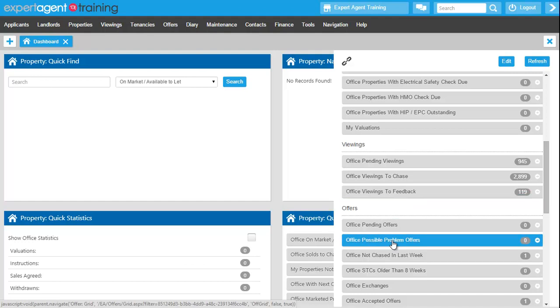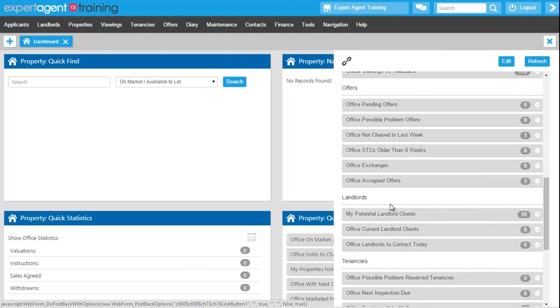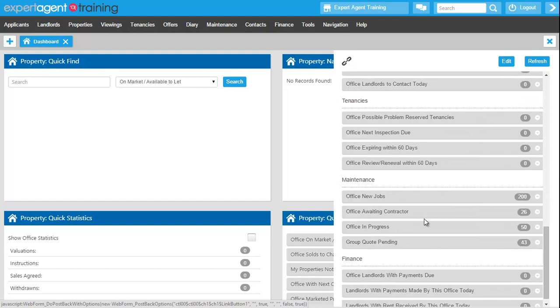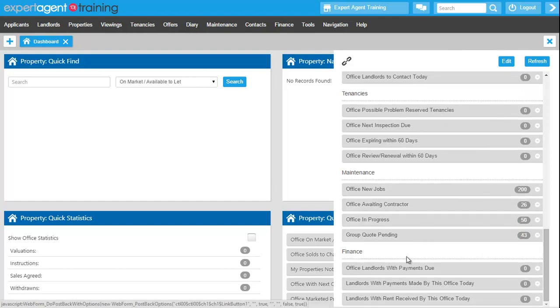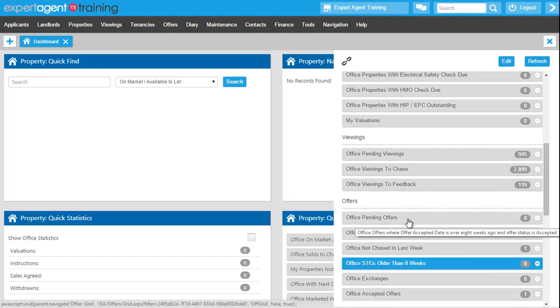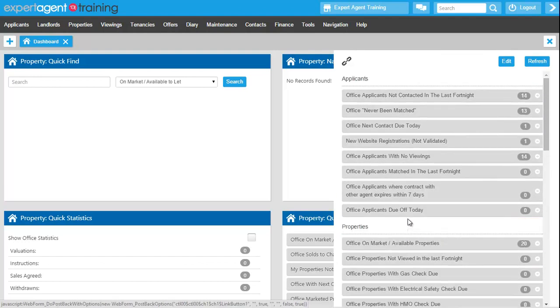Possible problem offers I might want to keep in my right hand toolbar. Possible problem reserved tenancies I might need to keep in my right hand toolbar. It is entirely up to you which quick links you keep in your right hand toolbar, and then as I said, it is a different selection of quick links. The ones that you use in your right hand toolbar will not go onto your dashboard and will not go onto your home page,